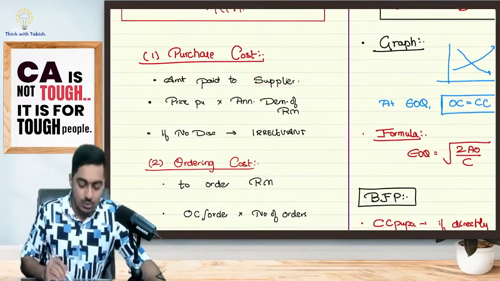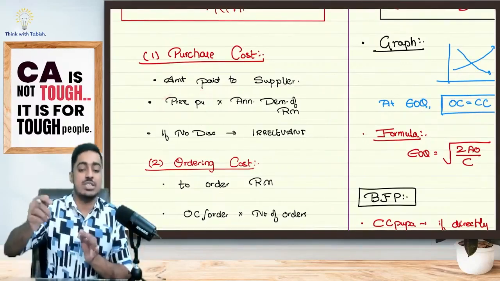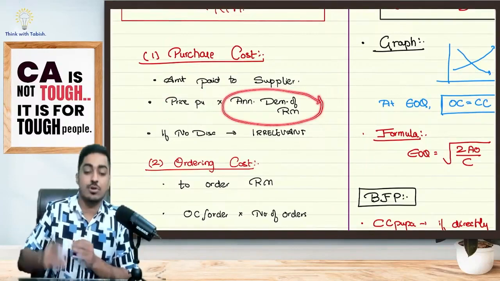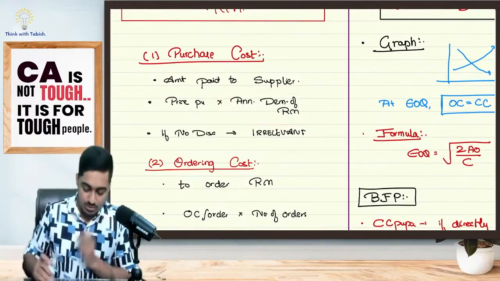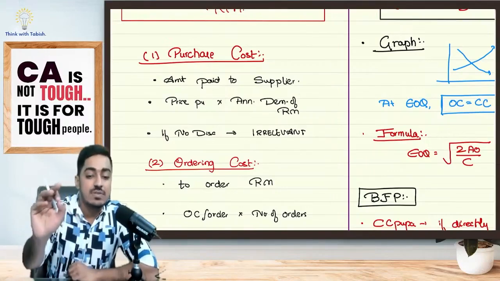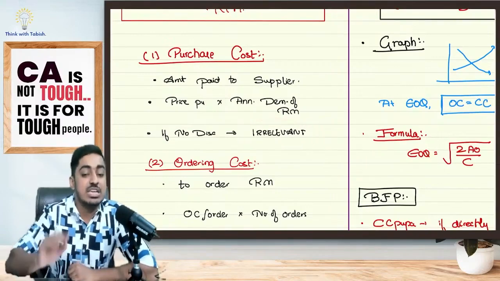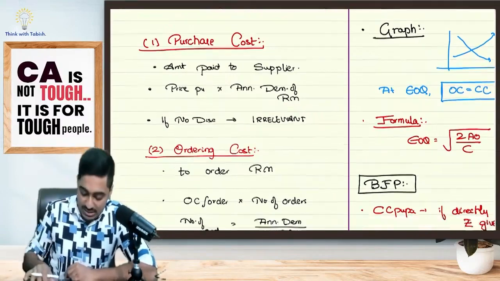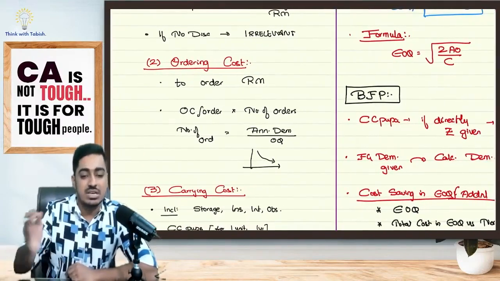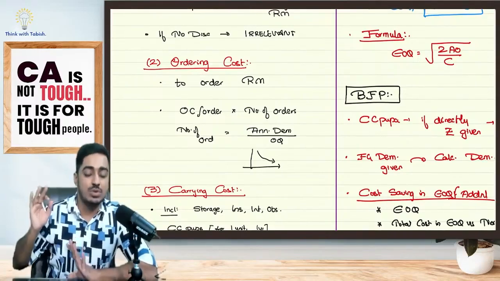Okay. Sir, how do I get my total purchase cost? It is price per unit, for 1 unit how much I am paying, into annual demand of raw material, total how many units I want. What was the special point we discussed? We told that if the supplier is not giving us any discount, the total purchase cost will be the same in all options. That means it will be irrelevant for decision making. I am not discussing the concepts here. The concept video is separately available. I am quickly revising in 2 to 3 minutes.